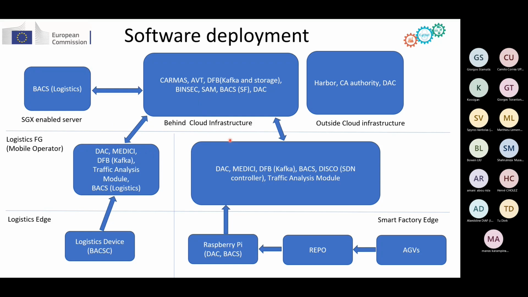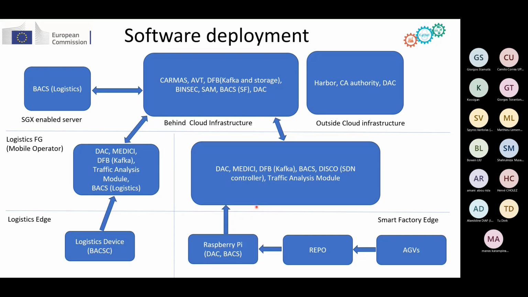Now, from the side of software, on the logistics edge devices, which are microcontroller-based devices, we have BACS running, which performs analysis on these modules. It is software created in C programming language. On the logistics field gateway, we have the Decentralized Access Control, Medici, Data Fusion Bus, Traffic Analysis Module, and Bugs. On the Smart Factory edge, on the Raspberry Pis, we have part of Decentralized Access Control and another Bugs module